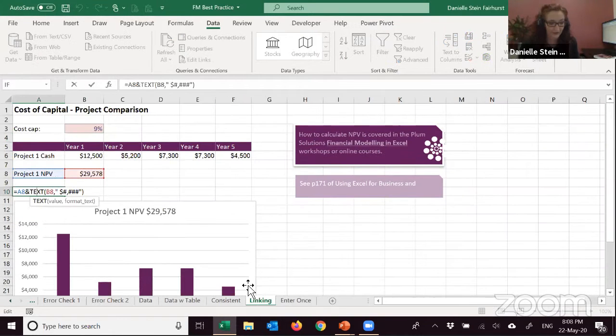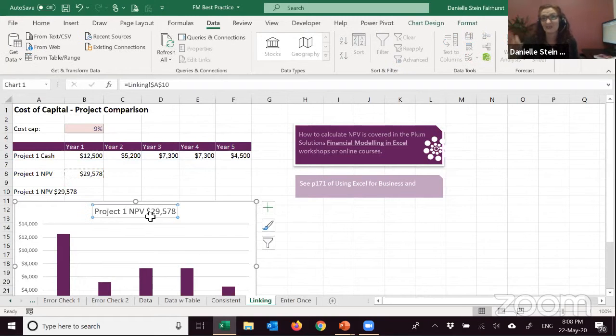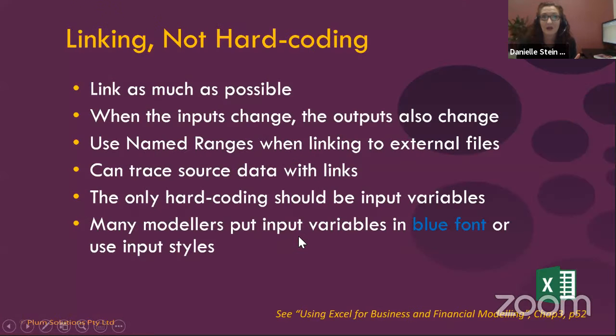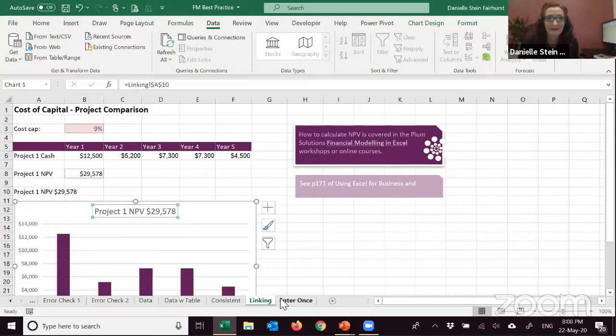So that was a dynamic title like we did earlier, and I've actually just linked that through to the title of the chart. So by linking it, you just have to change one single formula and it all just flows through, which brings me to my next point of only entering it once. So you have one single formula and everything flows through. So you should never hard code within a formula. So let me go to my next example here.